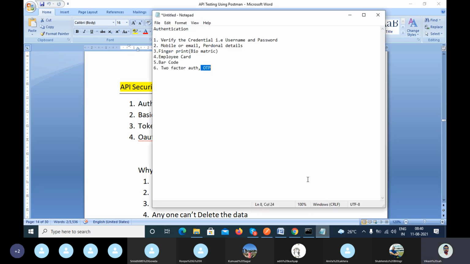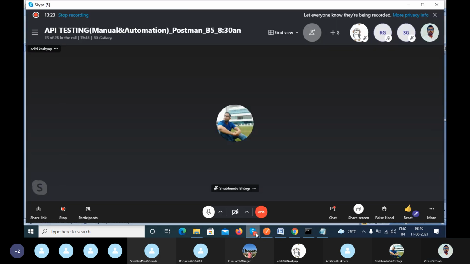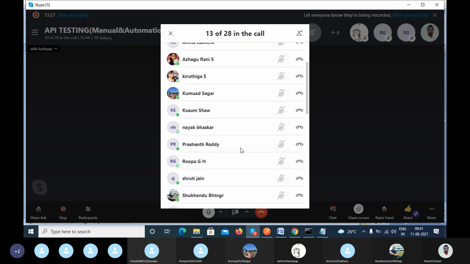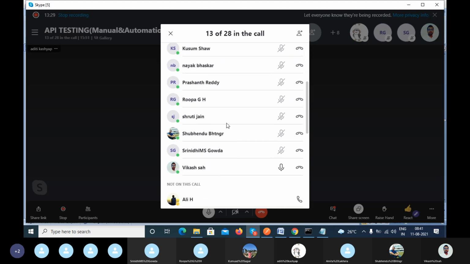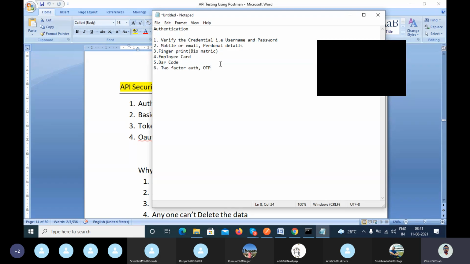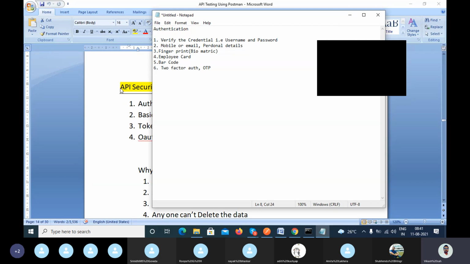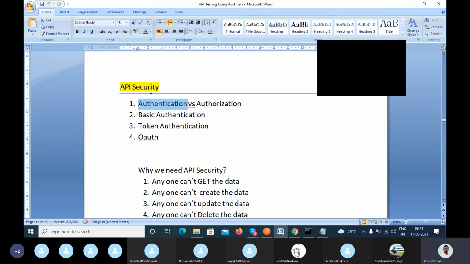Can I say these things are the security level, the security of the application? Yes. That's why it comes under the API security.